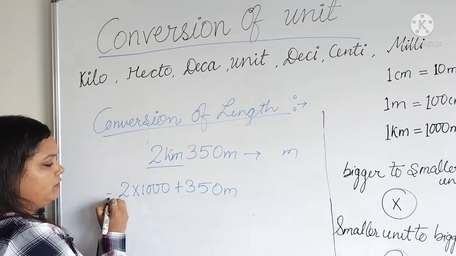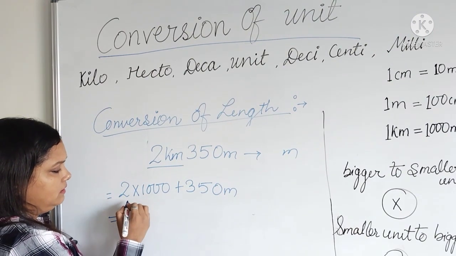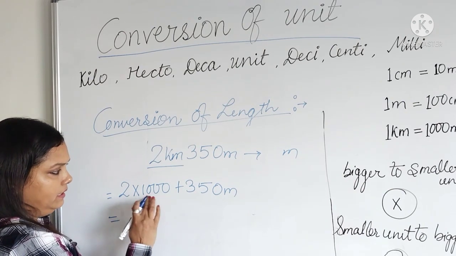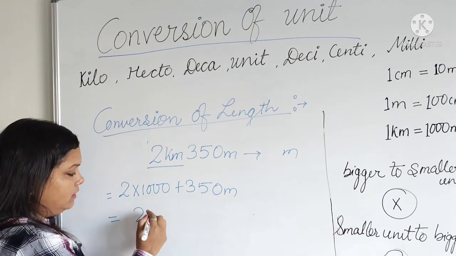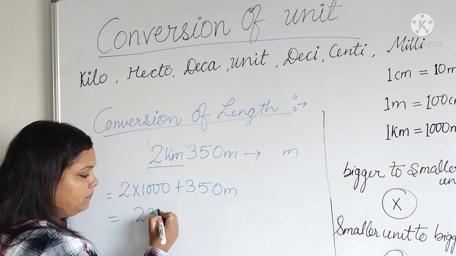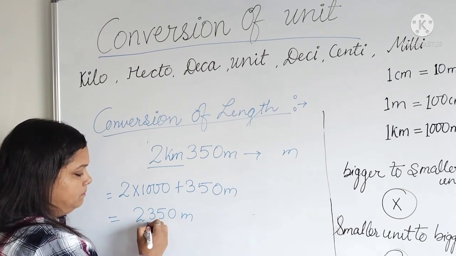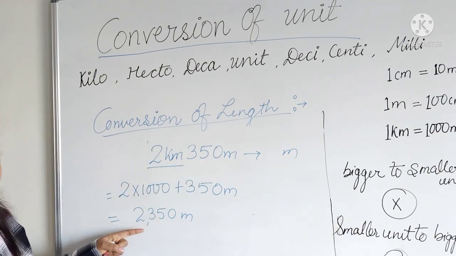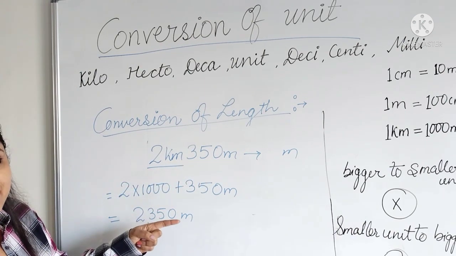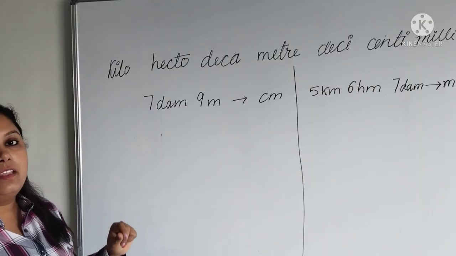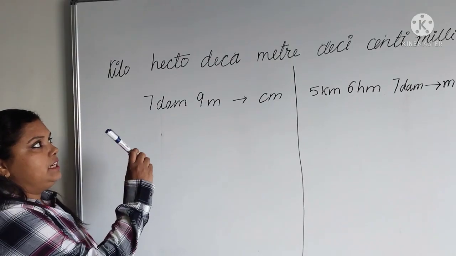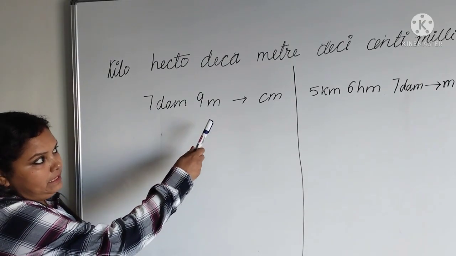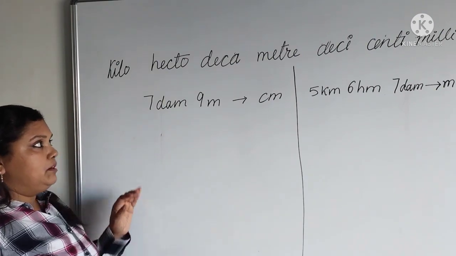Okay, so what will be your final answer? 2000 plus this 350, so 2350 meter. So 2 kilometer 350 meter is equal to 2350 meter, correct? So if we want to convert 7 decameter 9 meter to centimeter, that means we have to